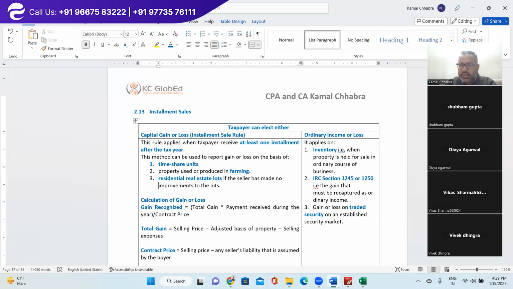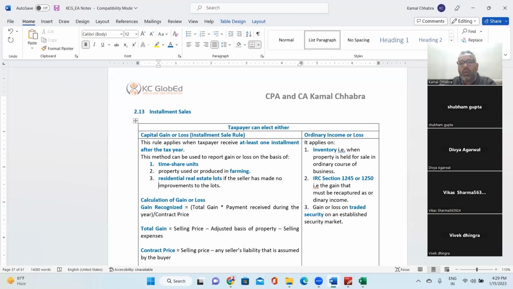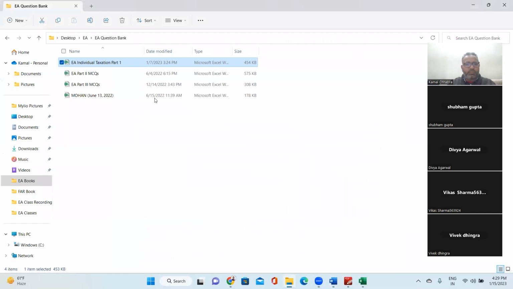Then you can consider that for capital gain purposes. If you consider it for capital gain, how do you calculate that capital gain? The recognition of gain is equal to total gain multiplied by the payment received during the year divided by contract price. For example, if I do the math for you,